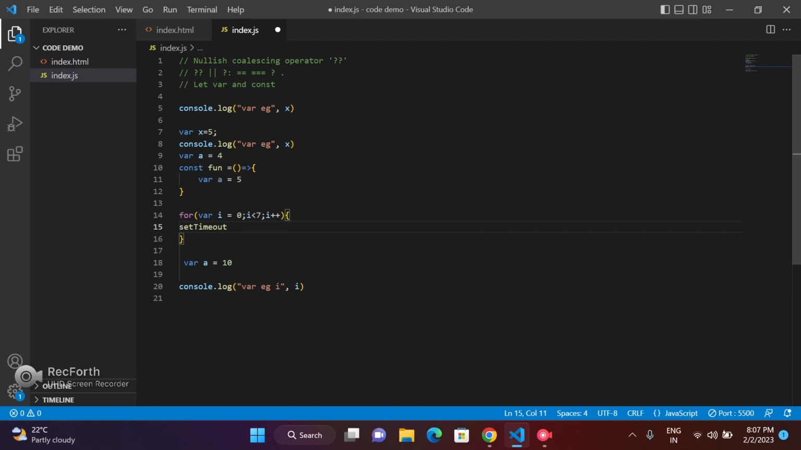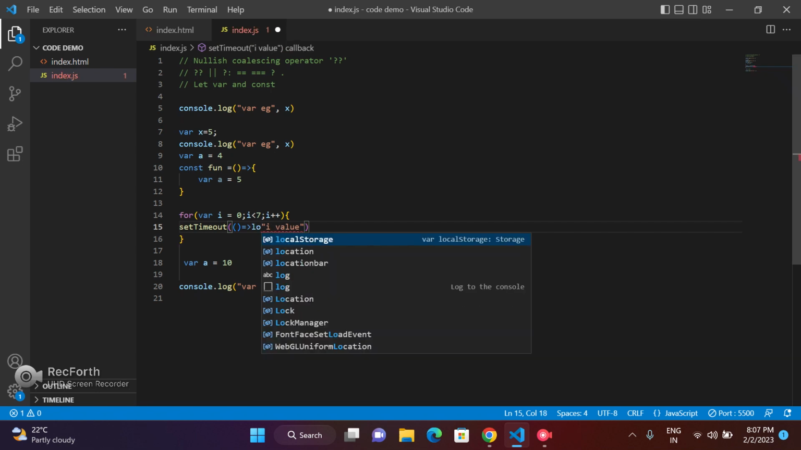Now, for example, just like this we have a loop. Now if I write setTimeout, and I'm writing the i value. setTimeout should have an arrow function, basically a function. So I'm writing